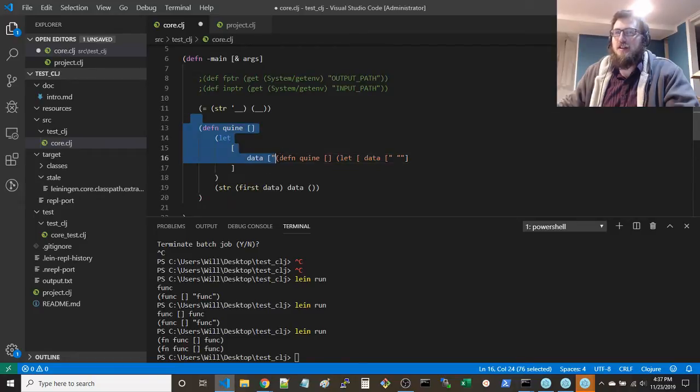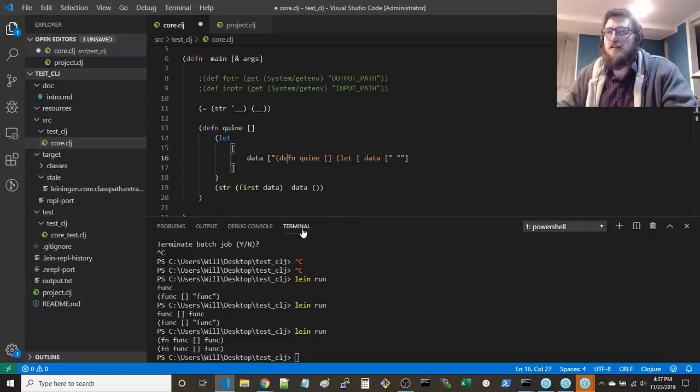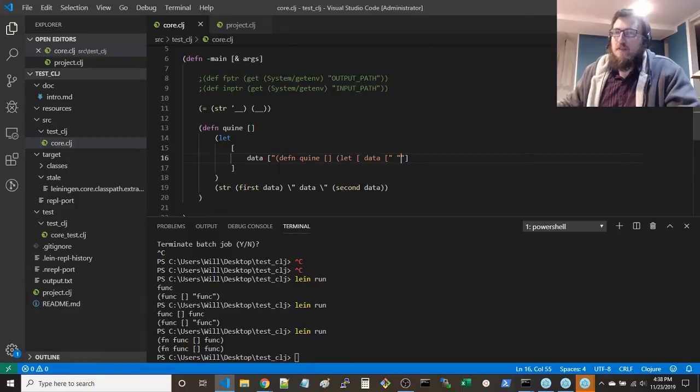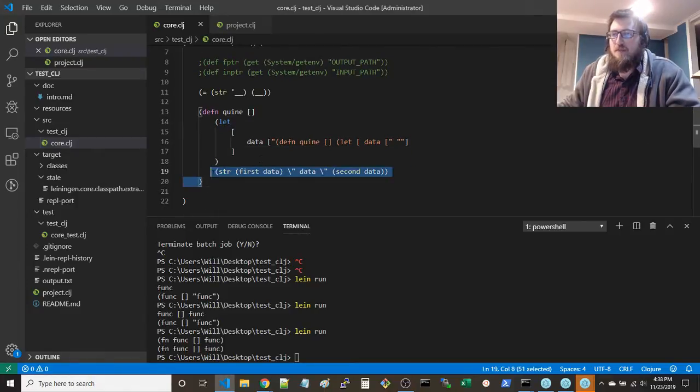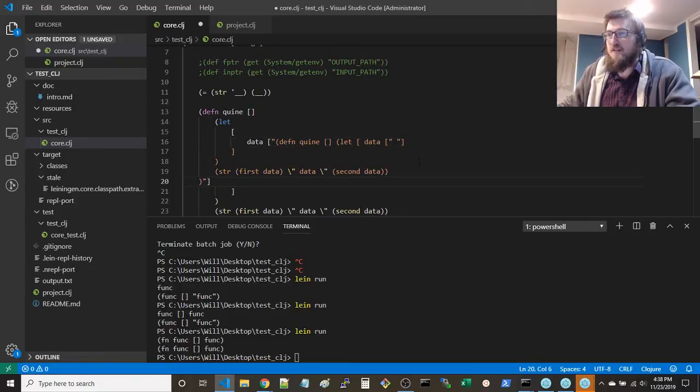Because you're going to have the first part is this data, and then the data itself with quotes in it contained, and you're going to want to have the quote character here we can put in there. Hopefully with string we can appropriately place that, right? So this data is going to be quoted, and then we've got the last of the data, or the second of data, we're going to print, right? So this data is quoted in between the whole thing as a vector, right? It'll print pretty much as it is. And so what you end up with is everything following this piece, the midpoint, looks like this stuff. All of this is going to be copied into this string. And we can obviously remove the